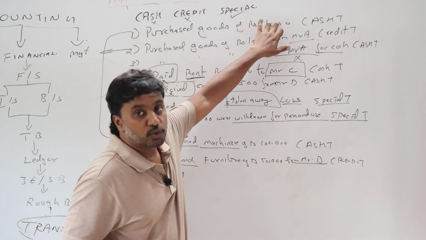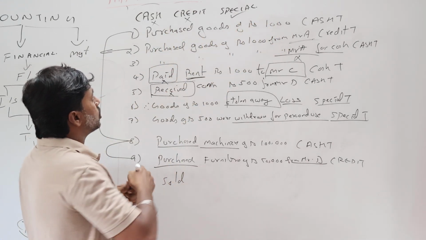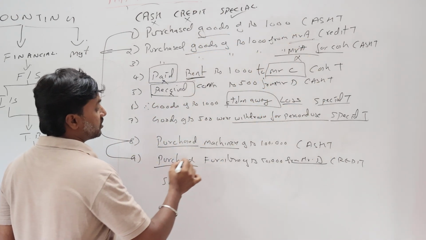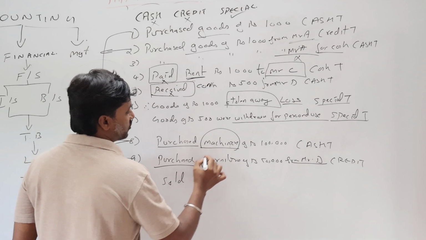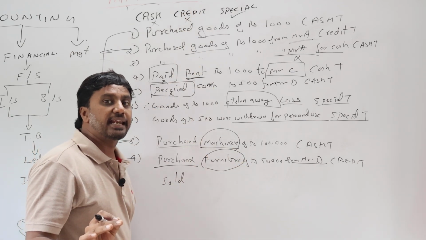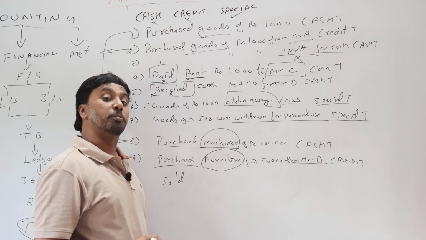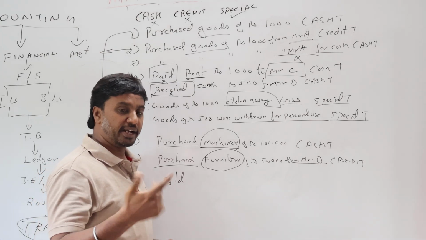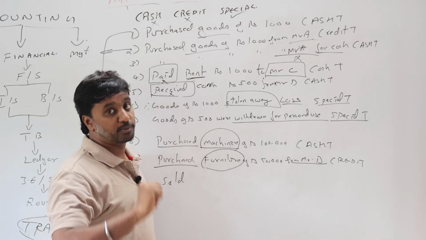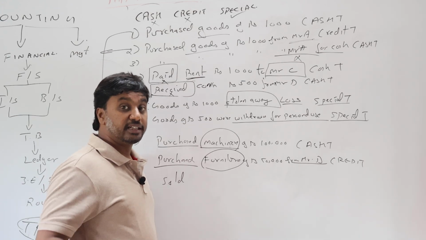Purchase goods of rupees 1,000. Purchase goods of rupees 1,000 from Mr. A. Purchased machinery. Purchased furniture. All these 4 transactions for a layman are the same. What is it? You are buying. Fine. You are spending money. Fine. But for you, there is a difference between these 2 transactions. The difference is